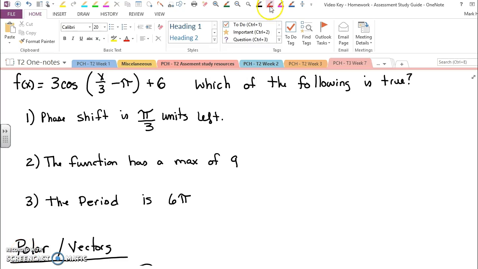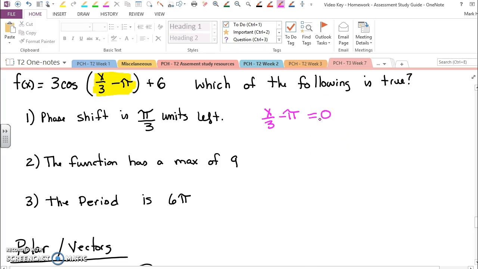In this problem, you're asked to do a bunch of things with 3 cosine of x over 3 minus pi plus 6. The first is to figure out the phase shift. The phase shift is the horizontal shift. So we're really talking about what makes everything here in the parentheses equal to 0. And so when we think about x over 3 minus pi,